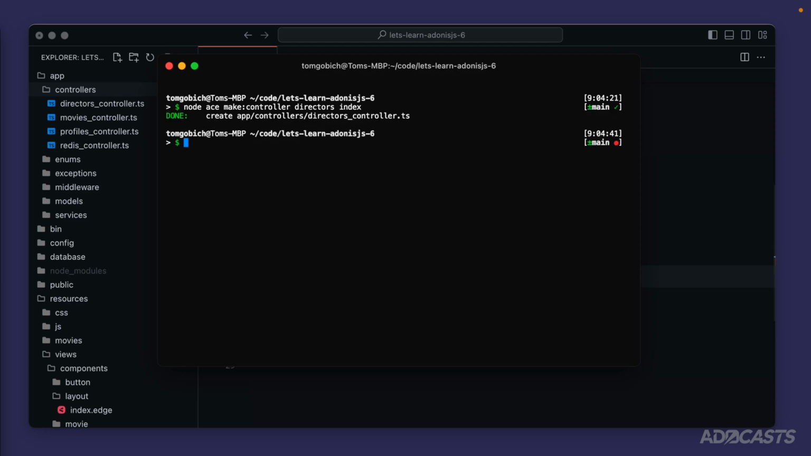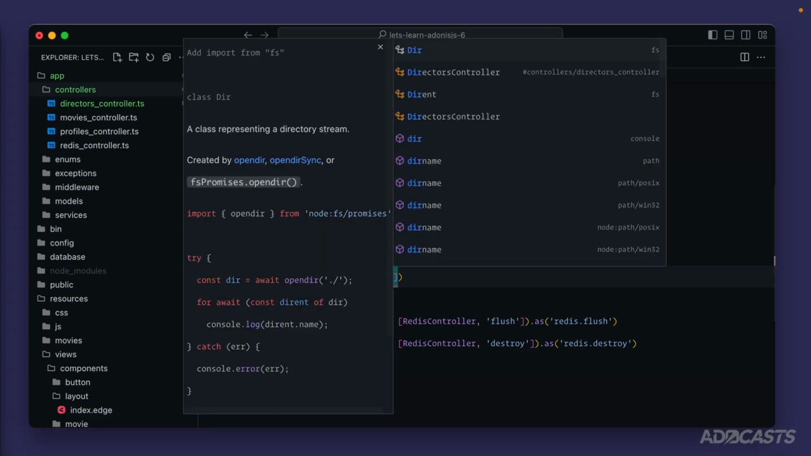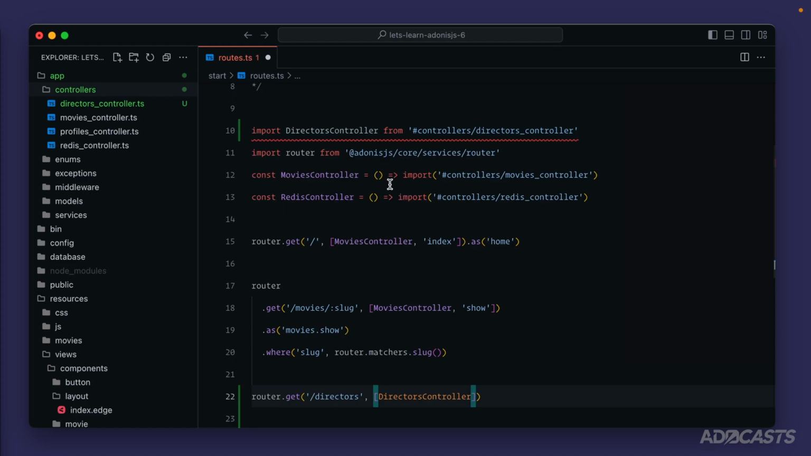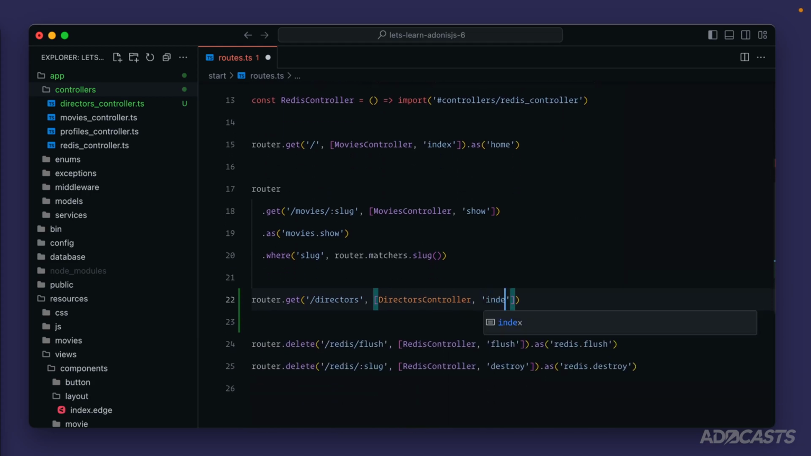Let's run that. There we go. So now we have a directors controller with an index method stubbed inside of it. So we can type out directors controller, hit tab to auto import that just like so. And once we save that, we'll switch to the correct lazy import here. And we'll use the index method there, since this will be our listing page that will list all directors that we have as